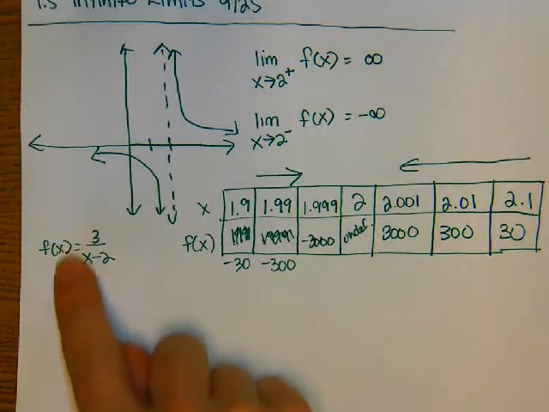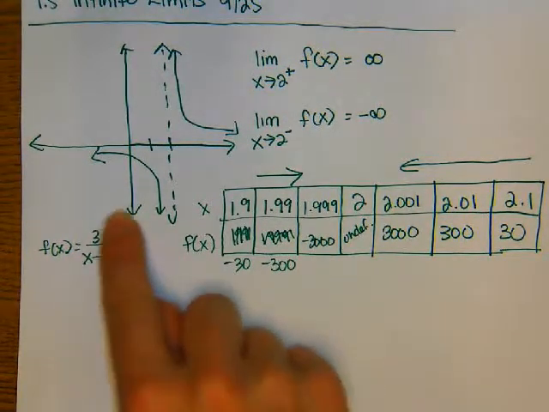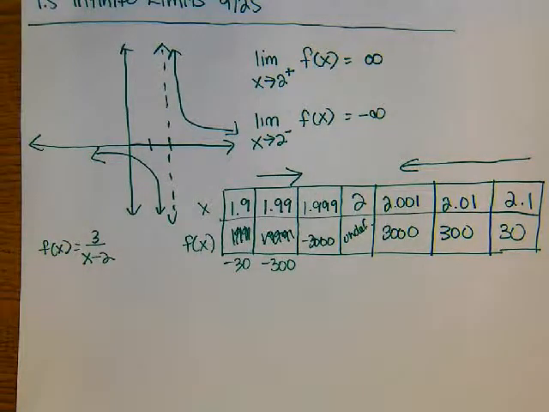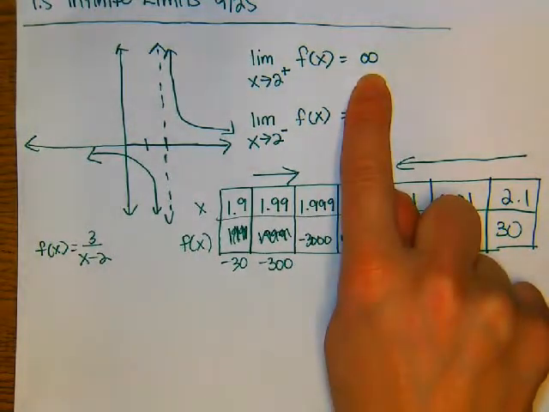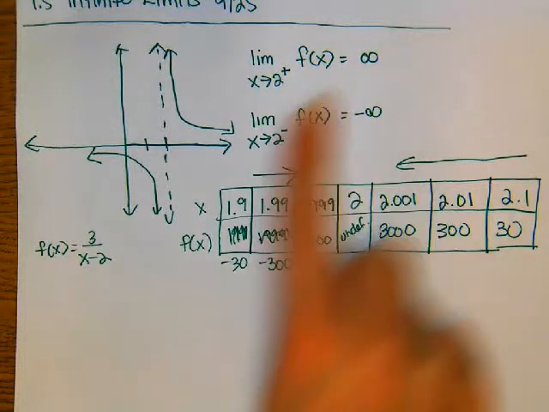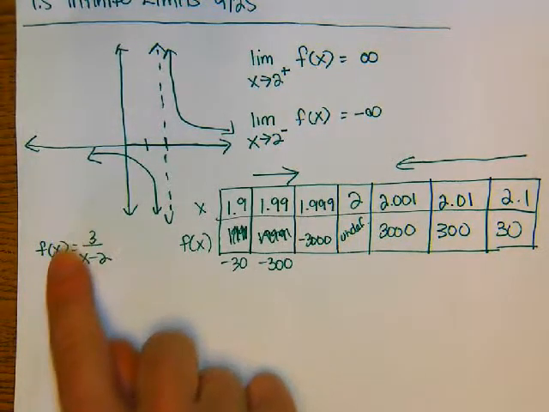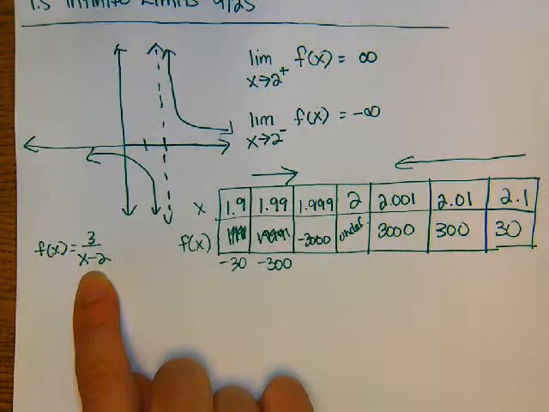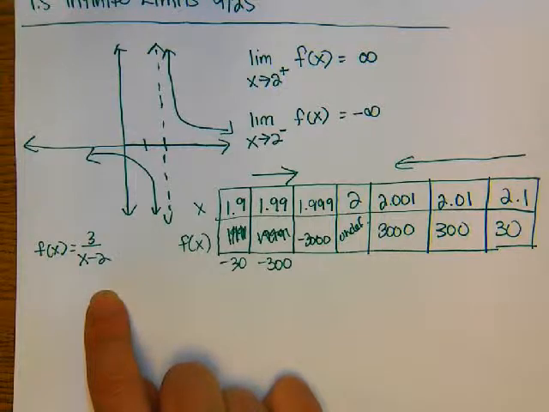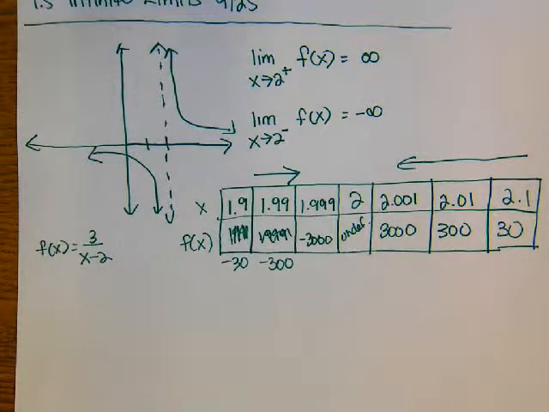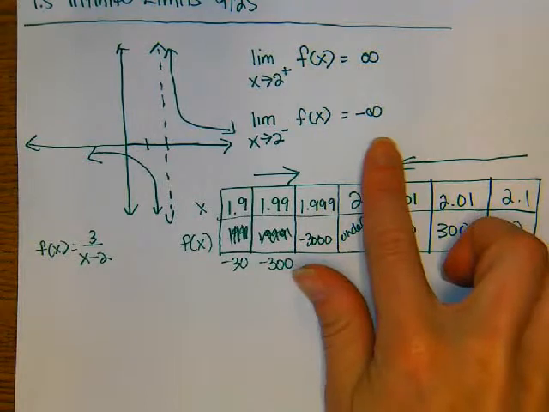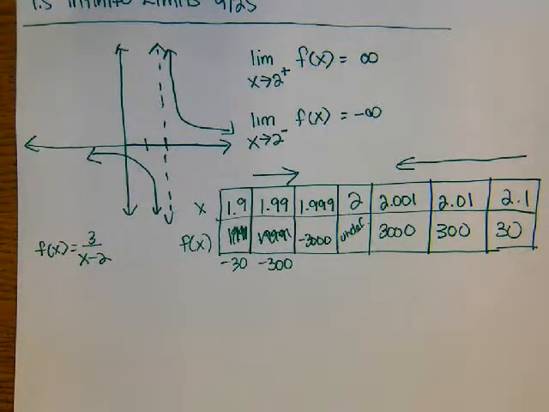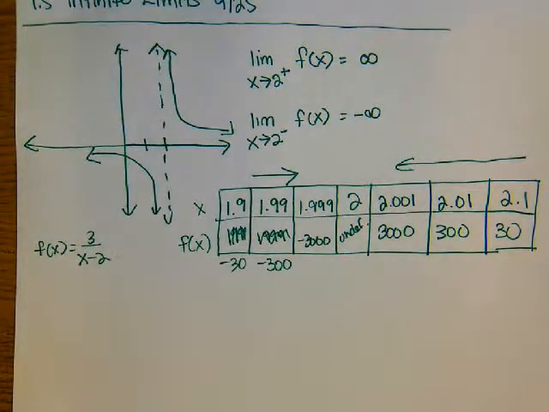If I would think about a number bigger than 2, wouldn't that make this whole thing be positive? So then I'm thinking, coming from the right, I know it's going to approach positive infinity because I'm talking about numbers that are larger than 2, which will make the whole thing positive. Coming from the left, if I have something that's less than negative 2, I'm going to have positive over negative. Does that make sense that it's going to be negative numbers then? And that makes hopefully some sense that it's going to be negative infinity. Okay, now,